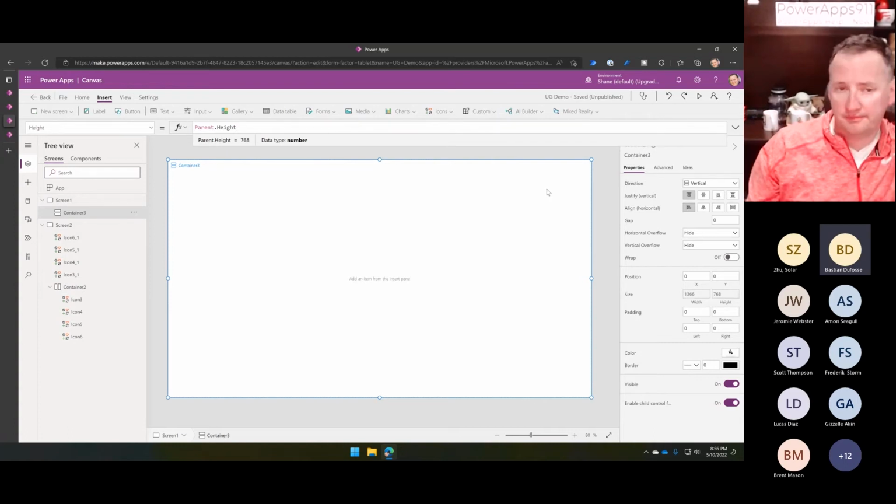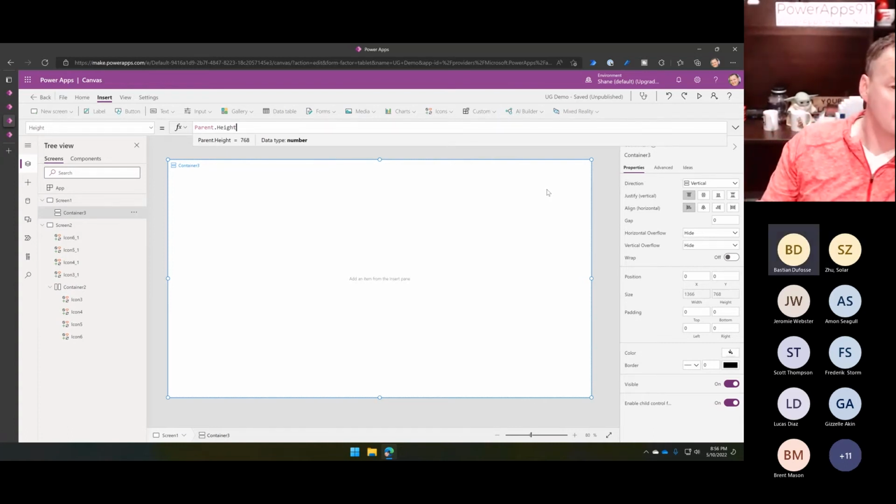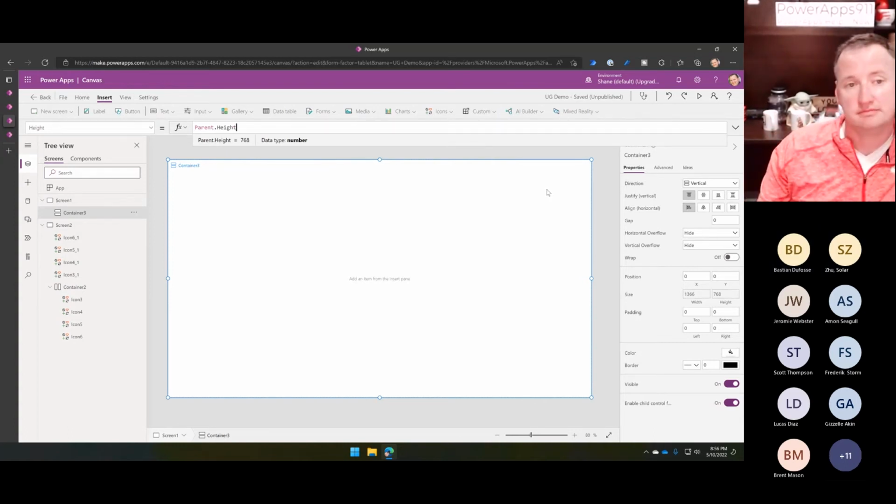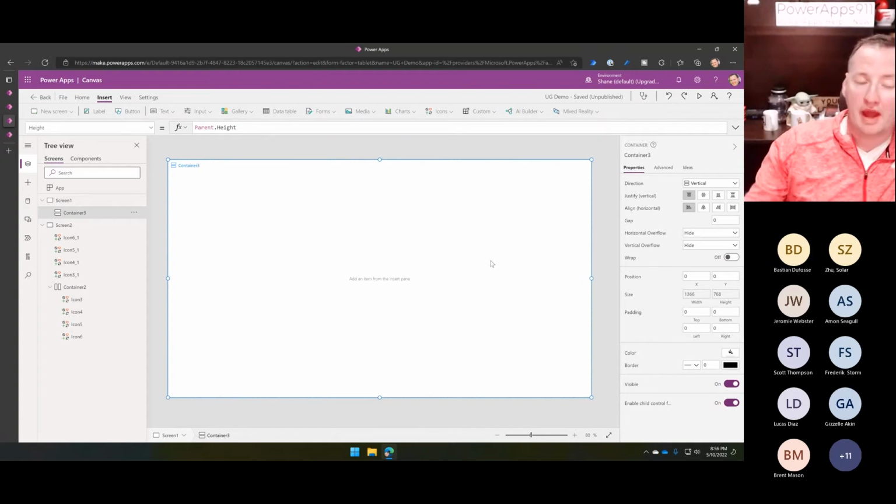Can you do that for all objects? Yeah, okay. As long as it has a parent. Okay, there's your responsive. Right? Yeah, I mean, it's the first step into being responsive. Absolutely. Okay, so now we've got